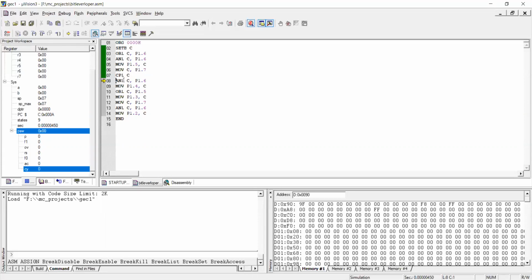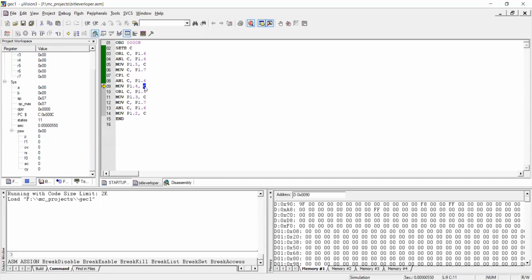Similarly, next we have ANL C, P1.6 here, right? Since the carry bit is 0, and we know that P1.6 is also 0, the carry bit is unchanged with the same value, 0. Next, MOV P1.4, C here, right? What is C?